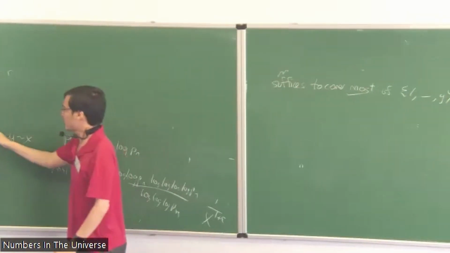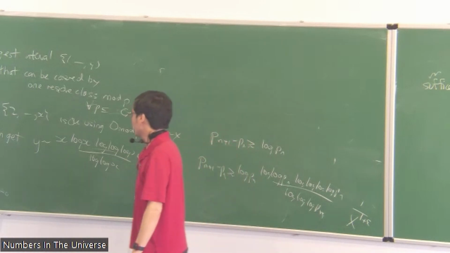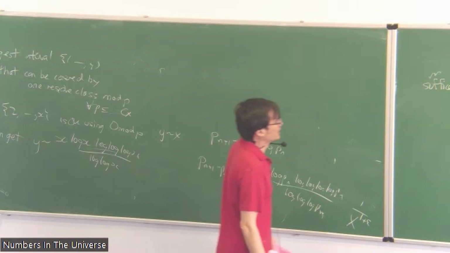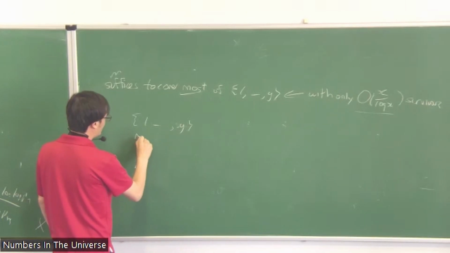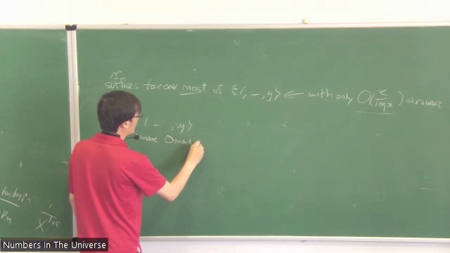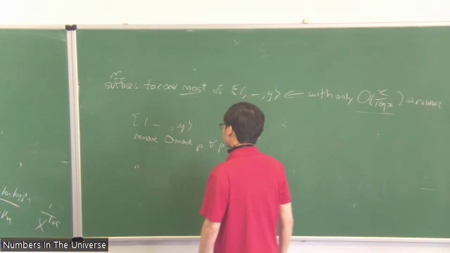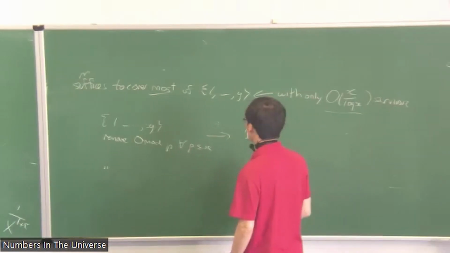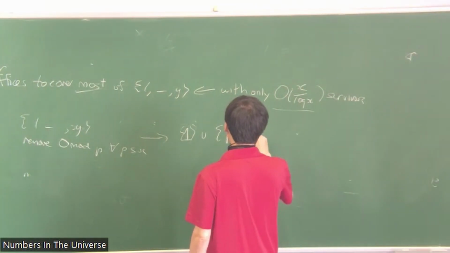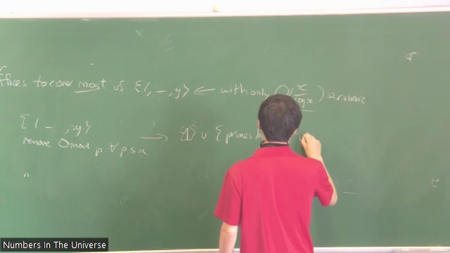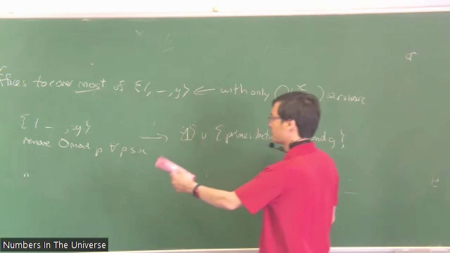You can do an Eratosthenes type thing, always taking the 0 mod P residue class, but that also doesn't really work. So, for example, if you take elements 1 through Y, and you remove 0 mod P for primes up to X, what you're left with, if Y is a bit bigger than X, okay, so first of all, the number 1 survives. But that's just one survivor. But then you also get all the primes between X and Y. If you remove 0 mod P for all the primes up to X,